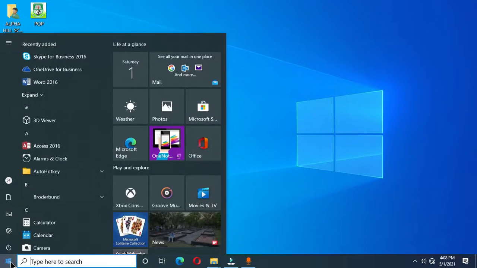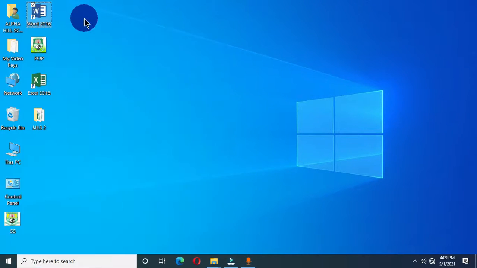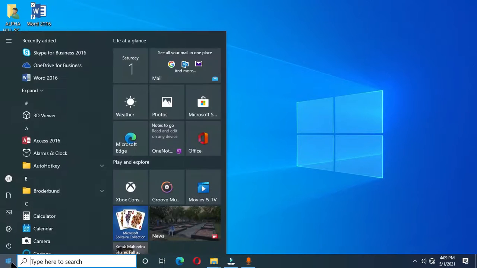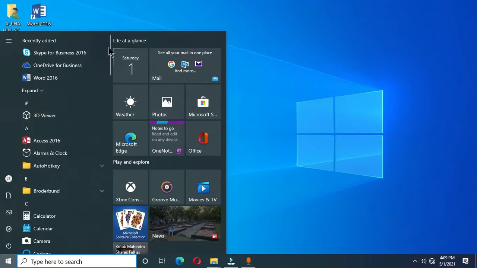You can go back. If you want to add the Word icon, you click, you drag and release the mouse, and you can see how we are adding icons on the desktop. You click, you drag and release the mouse, and this is also another way of adding icons on the desktop. You can also use this method by selecting